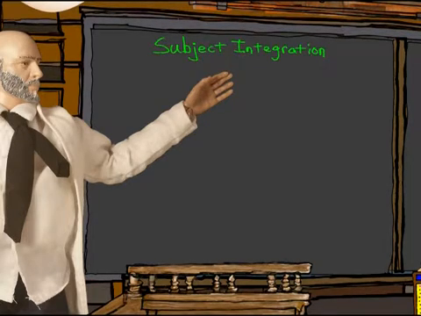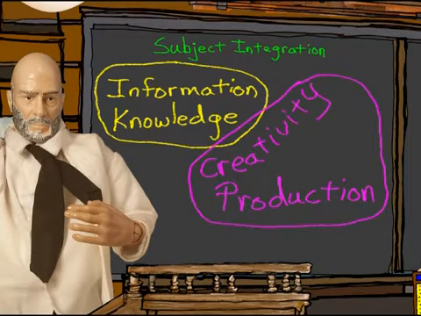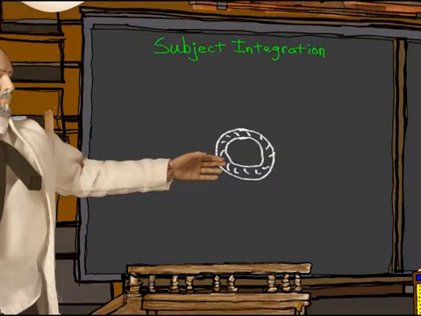Subject integration is combining separate subjects into one project or activity. It's a sort of hand-holding idea with information and knowledge on the one hand and creativity and production on the other. Let's start, literally, with a drawing of a paper plate in the middle of our chalkboard and see what